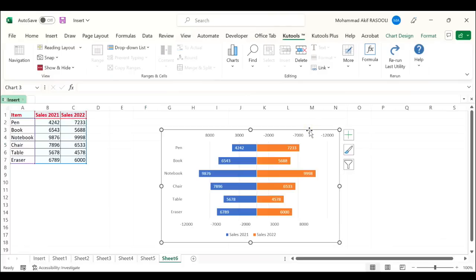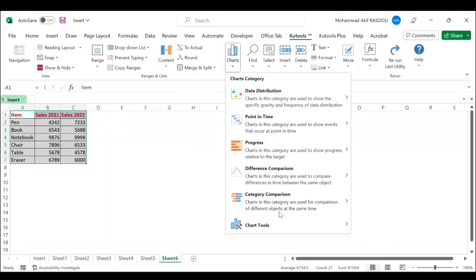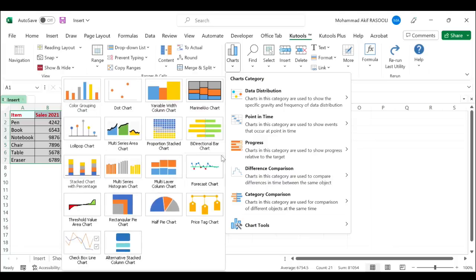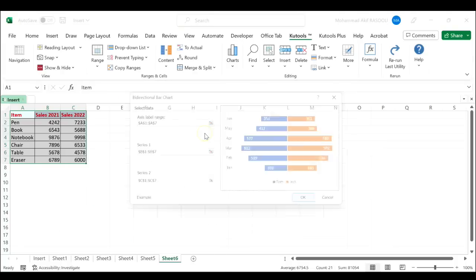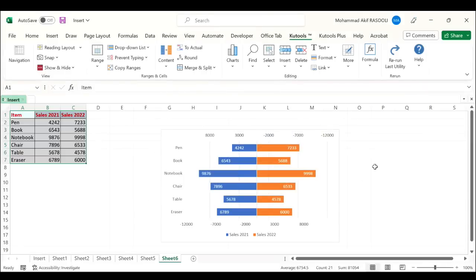And you can select the whole data range firstly and then apply this feature. Click in the charts drop down list from the editing group. In the category comparison, select bidirectional bar chart, and then ranges will be recognized and displayed in corresponding boxes automatically. Click the OK button. As you can see, the bidirectional bar chart